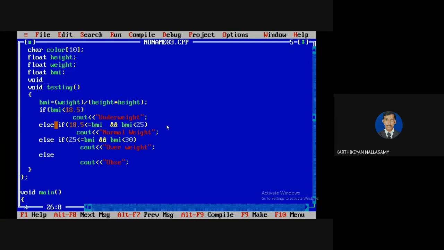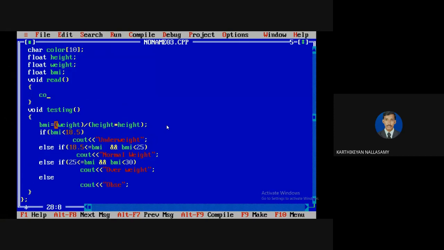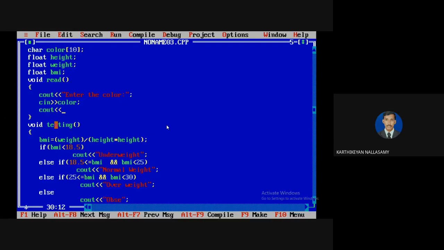So void, I'm going to call it the read method, so that I can read the values of three properties. cout: enter the color, cin, read the color. If you want, you can read in a single line, that is your choice.